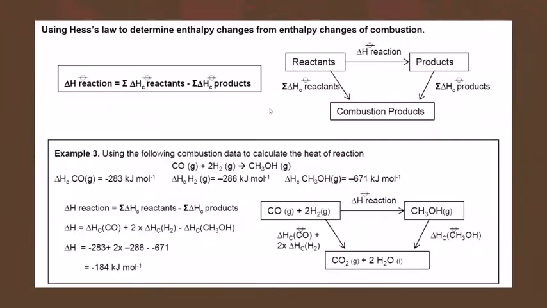Or if combustion is given, you will write the combustion products for both reactant and product. Then combine, and the arrow should point in: you burn the reactant, you get the combustion product; you burn the product, you get the combustion product. So the arrow will point in. This is what we discussed in the last session,